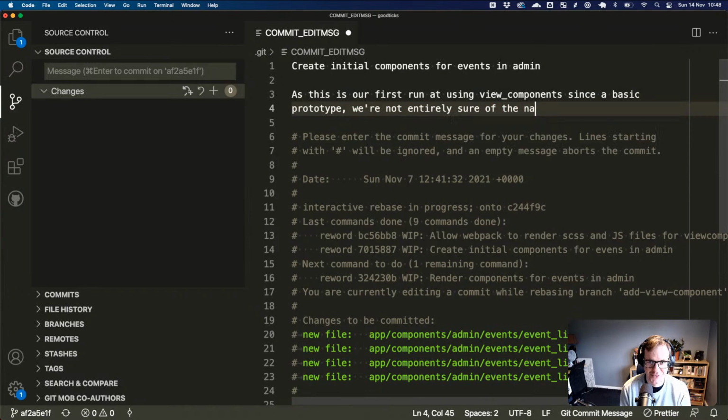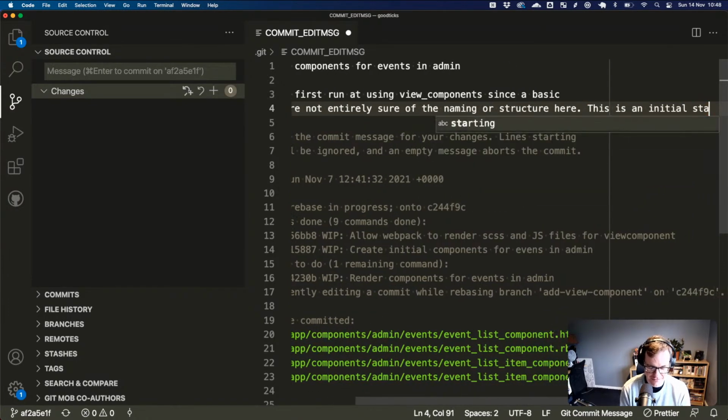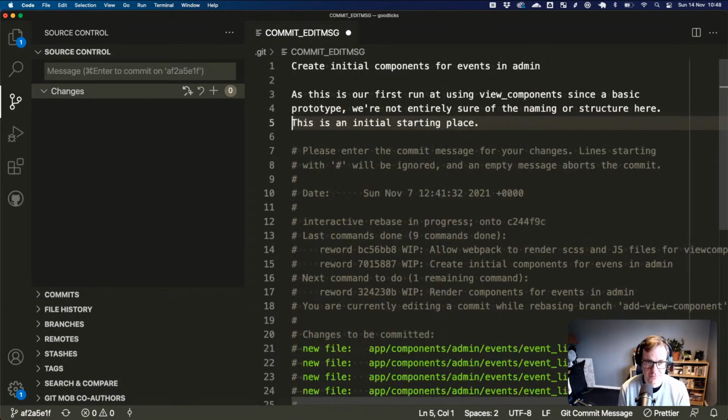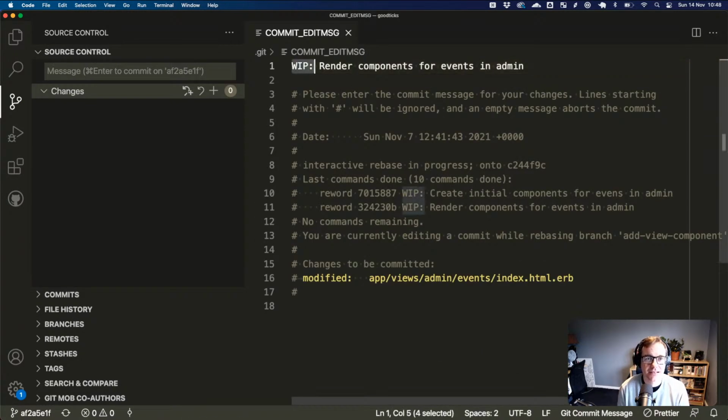Not entirely sure of the naming or structure here. This is initial starting place. That's all I'm looking for. Just looking back on that commit, I'd be like, oh, well, yep, nothing in there needs to stay. They didn't know what they were doing.